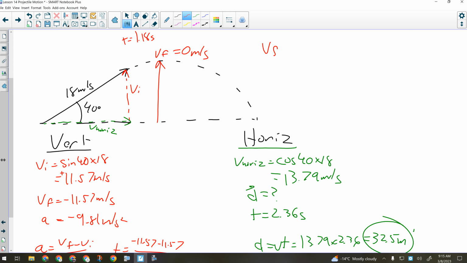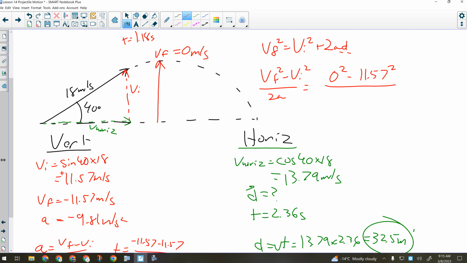I could use this formula, VF squared equals VI squared plus 2AD. I'd be looking for D. I have VI, I have VF at 0, and I have the acceleration. So if I manipulate that, it'll be VF squared minus VI squared over 2A. So that'll be 0 squared minus 11.57 squared, divided by 2 times negative 9.81. All right, so that'd be one way to do it. If I did it that way,